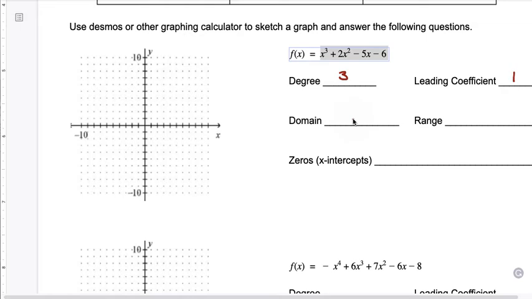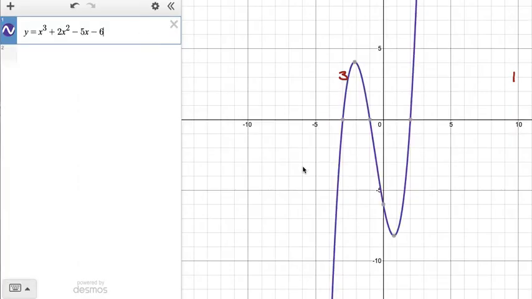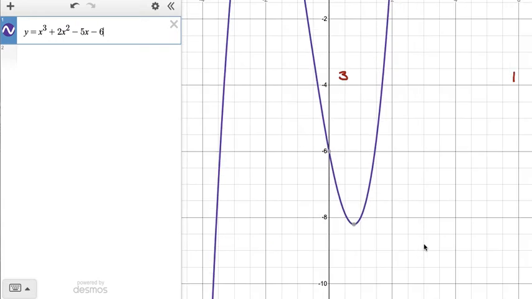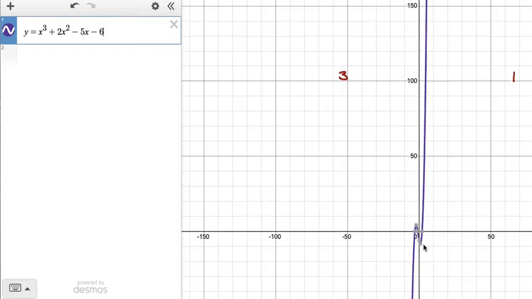Okay, so what is a domain and a range? The domain is the set of all possible x values. The range is the set of all possible y values, or the set of all possible inputs and the set of all possible outputs. Well, let's look at the graph and see if we can determine that just from the graph. What we can see in this window is x going from around -5 up to +5. But if we were to zoom out, we see that